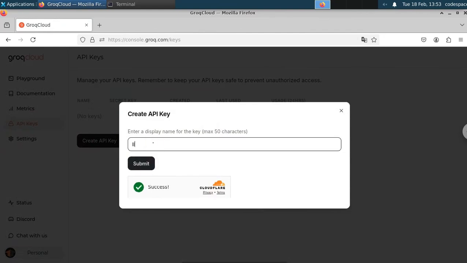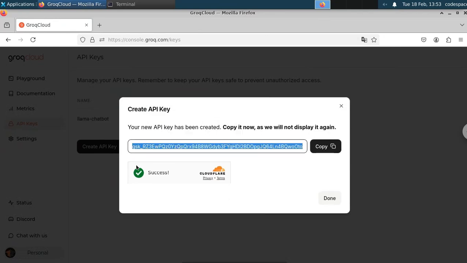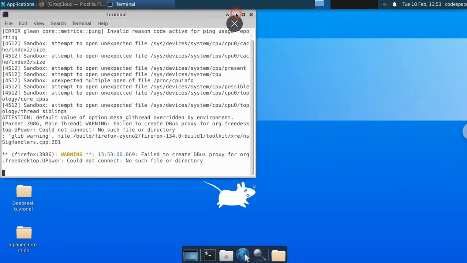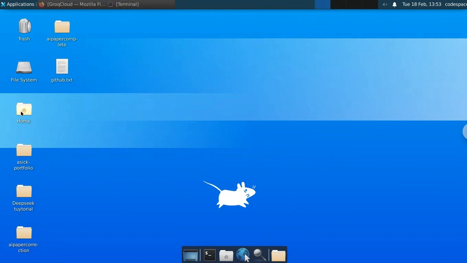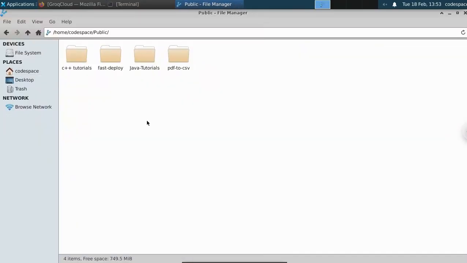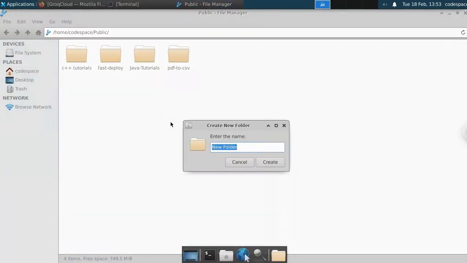Just give a name for your API key. In this case, I'm gonna give Llama chatbot and click on submit. You can see that now we got the API key. So using this API key, we can interact with the Llama 3.3. Let me copy this API key. I'm gonna create a folder now. So let me go to the desktop. Inside this, I'm gonna create a folder called the